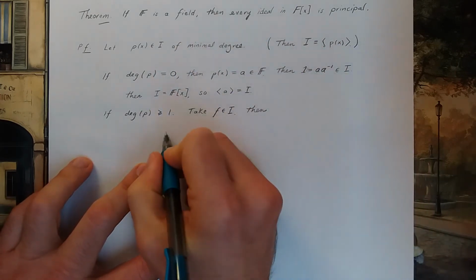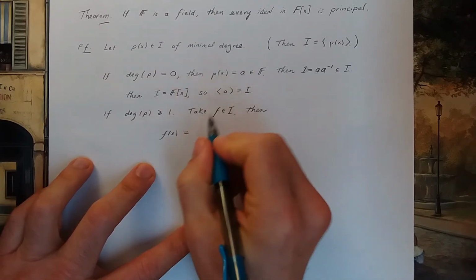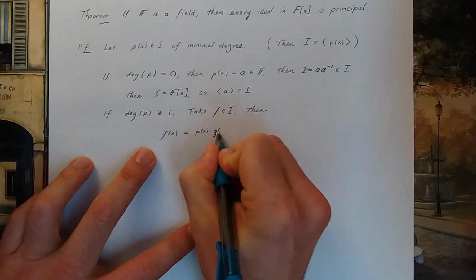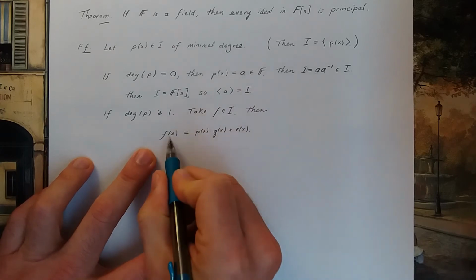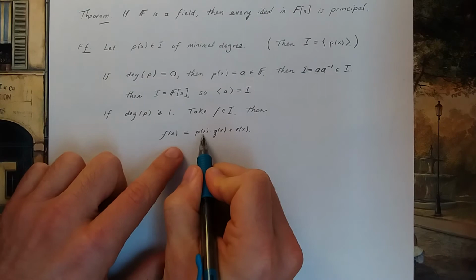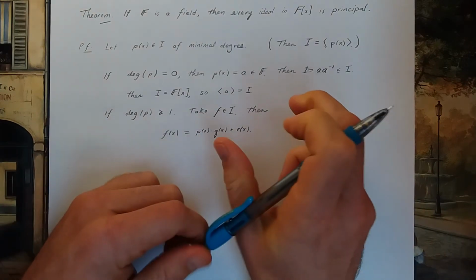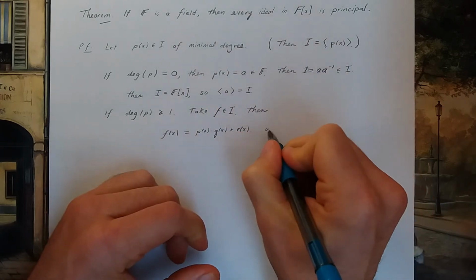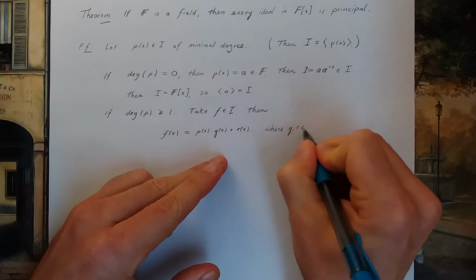Well, what we have is f(x) is equal to p(x) times q(x) plus r(x). What I just did is I divided f by p, and I got some quotient and some remainder. Now this is true where q and r are polynomials,